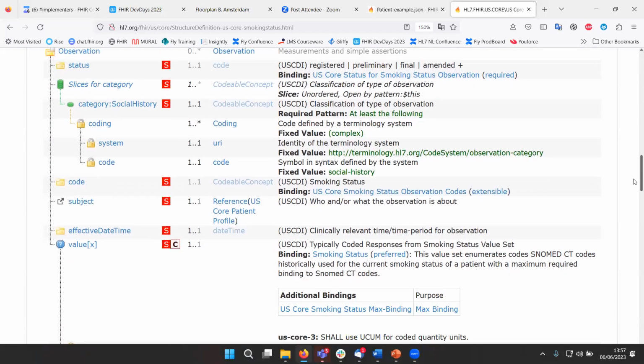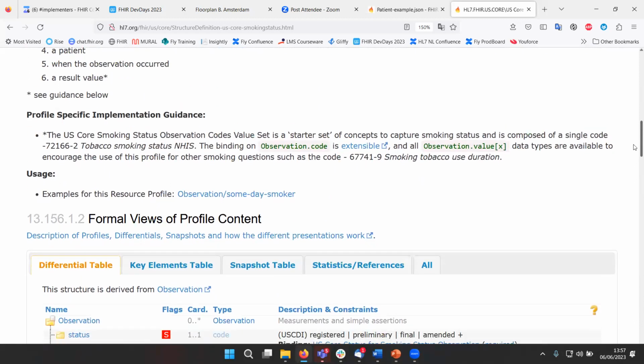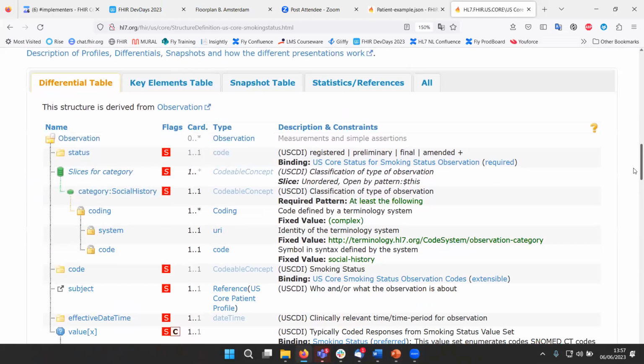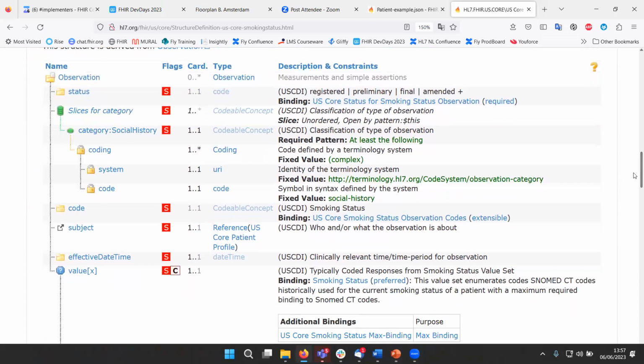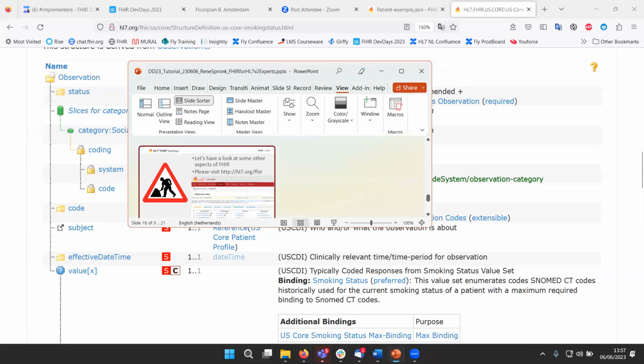You can also look at examples here. Obviously, there are examples again. And we see bindings to value sets. For example, here we see that particular codes are fixed to particular terminologies. And again, that's something you can do at the conformance layer and use that in validation as well. But given the time, I will